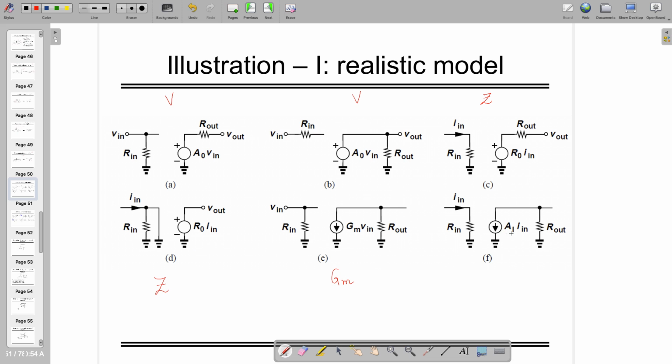And this one is again like output is, you can look at this, output is I out and input is I in, so the output current is A1 times I in, so this is a current amplifier, right? I believe there is no doubt in this one, right? So in that case, whether it's realizable or not, let's start from the first one, where it's a voltage amplifier